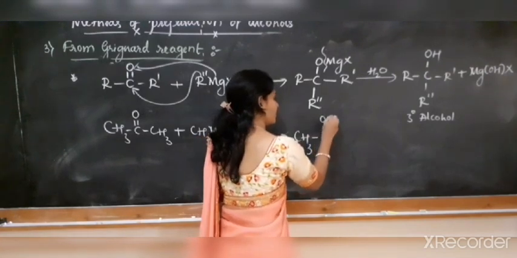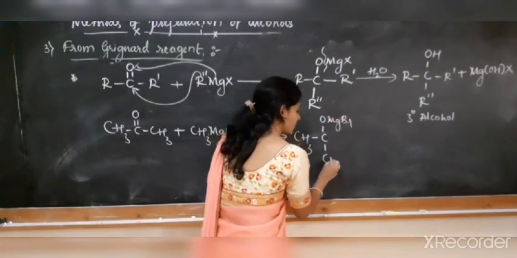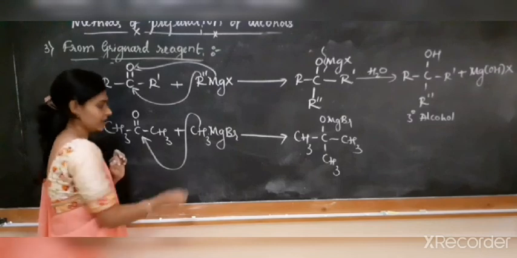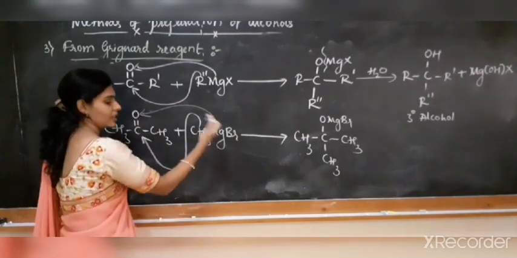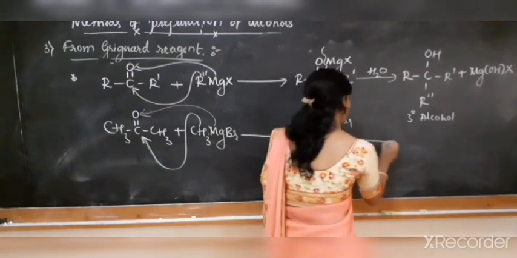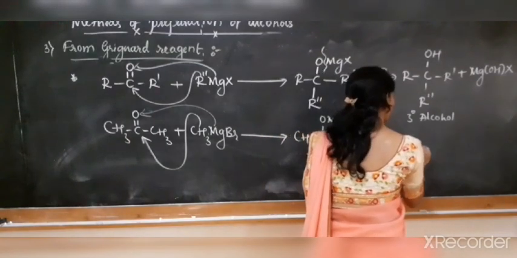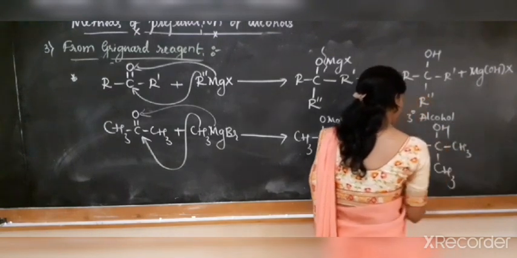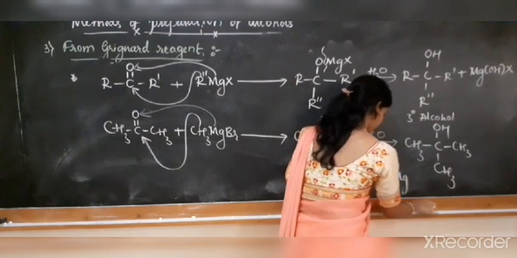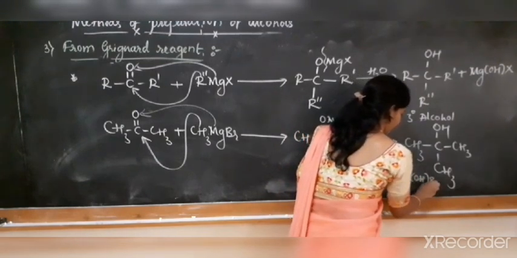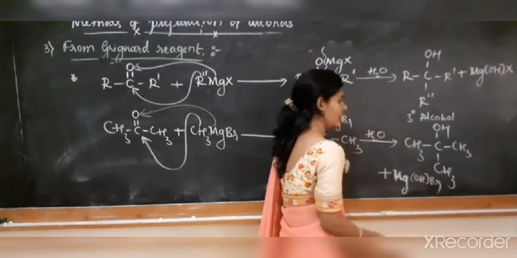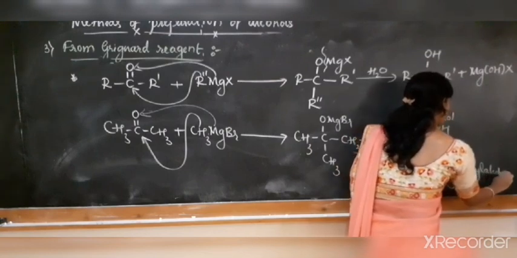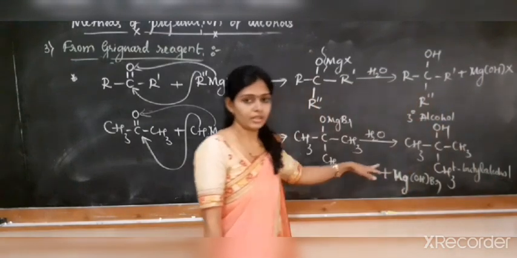results in the formation of OMgBr. CH3 is attacking from the other side, so this attacks the carbonyl carbon. The remaining part attaches here, which is further removed by hydrolysis; we use OH. So this on hydrolysis results in the formation of C(OH)(CH3)3, and we get the byproduct. So this is tertiary butyl alcohol, or 2-methylpropan-2-ol, is the product.